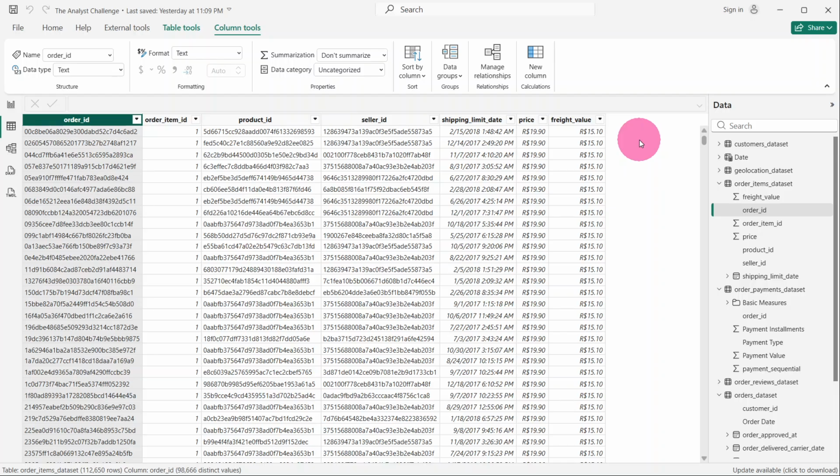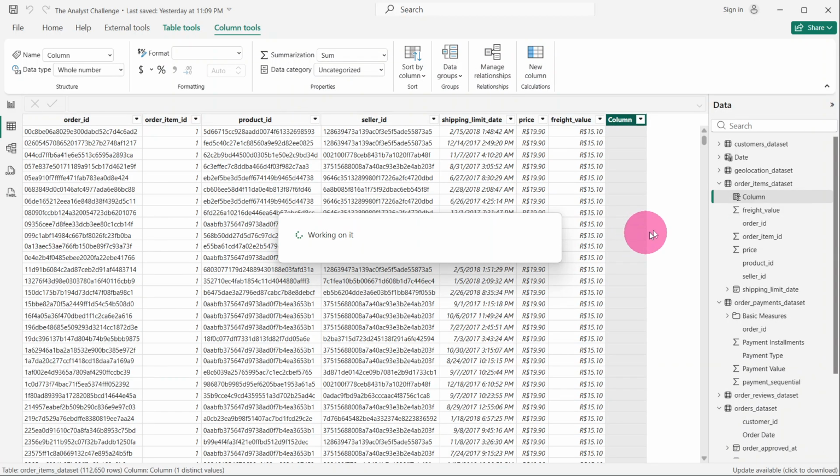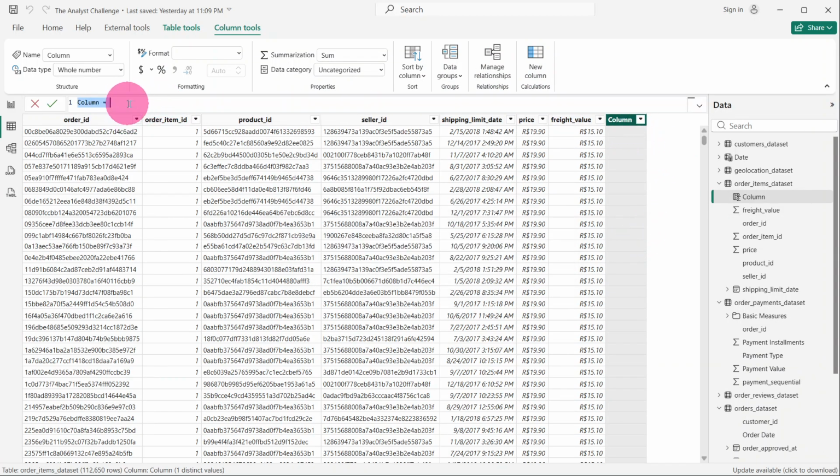It's a calculated column because it's dynamic. It didn't come directly from our original source, so we are just using some logic. We want to create a new column. Click on new column, and it opens the formula bar just like you have it in Excel. I give it a name, I call it amount, equal to, it's as easy as saying